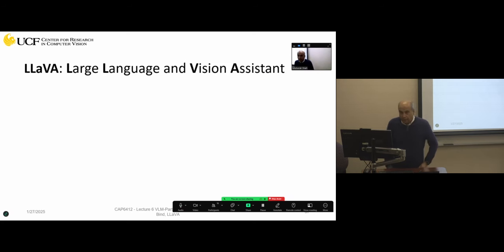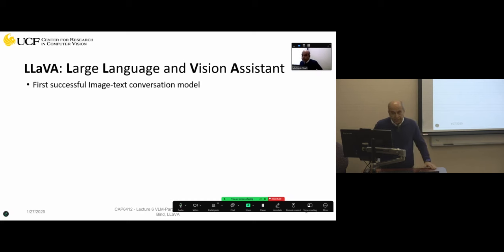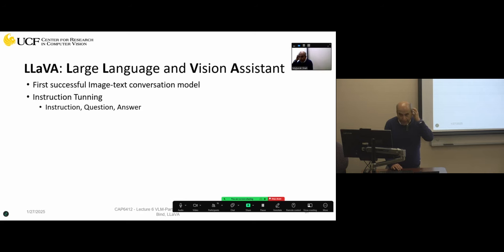LLaVA stands for Large Language and Vision Assistant, and it is the first successful image-text conversation model, and it does instruction tuning. So far we haven't talked about instruction tuning, and we are going to discuss that. It's a very important idea. The models we have discussed, say a large language model, basically predict the next word. And for CLIP and so on, it will just give you a representation, and then you can solve problems like classification, question answering, and so on. But